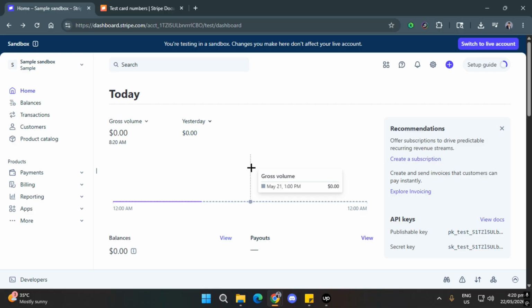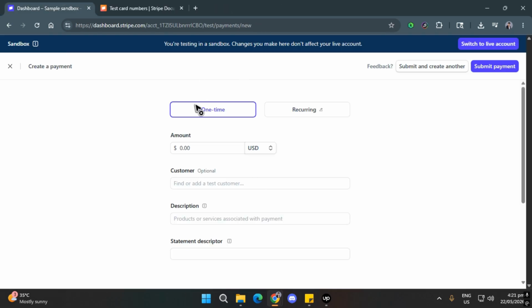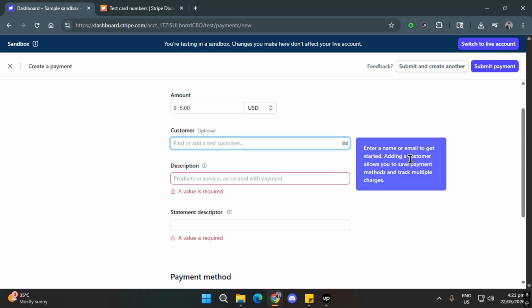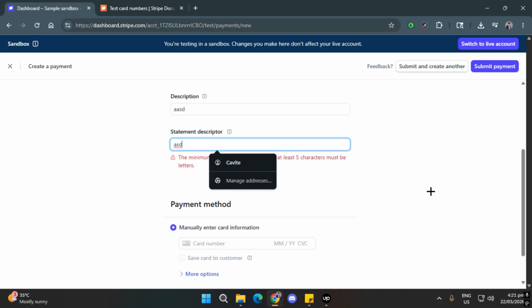To test Stripe payments, make sure that your account is not on live, it's currently on sandbox, and if so, you can simply press the plus button here, click on payment. You can test if it's recurring or if it's one time. Enter the amount, customer, just try, and you can enter anything, description, statement descriptor,